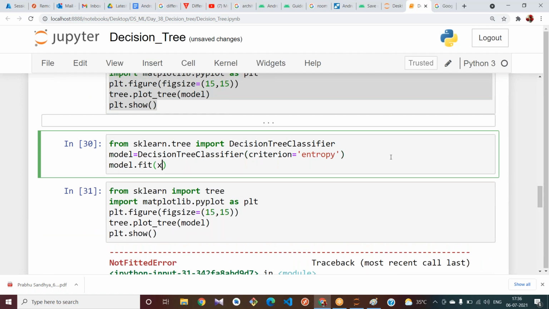Model dot fit of x underscore train comma y underscore train.